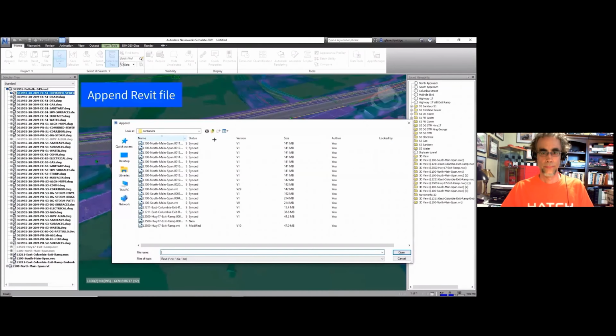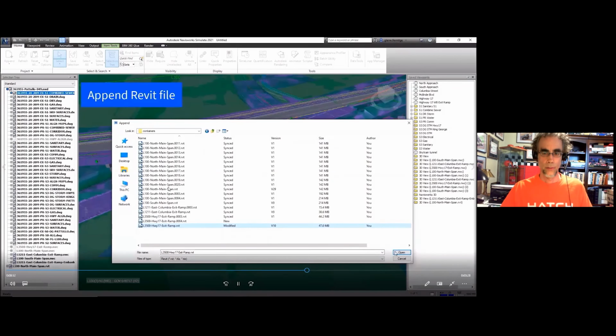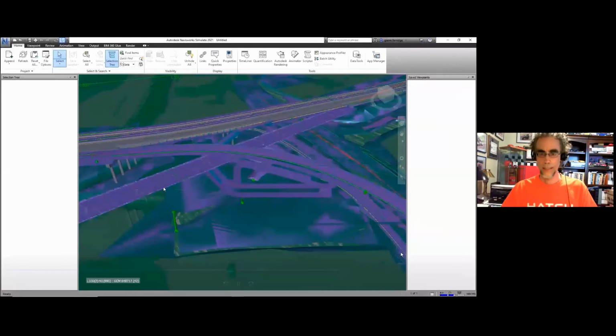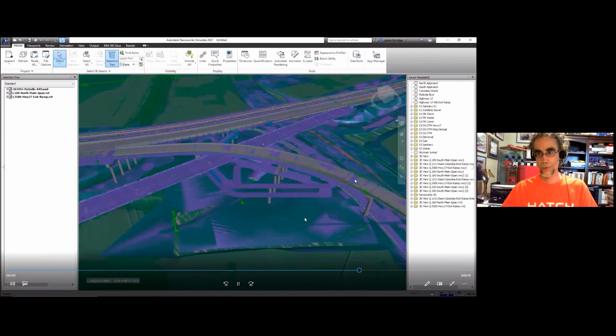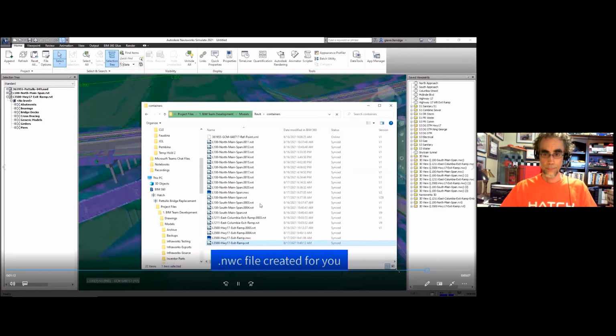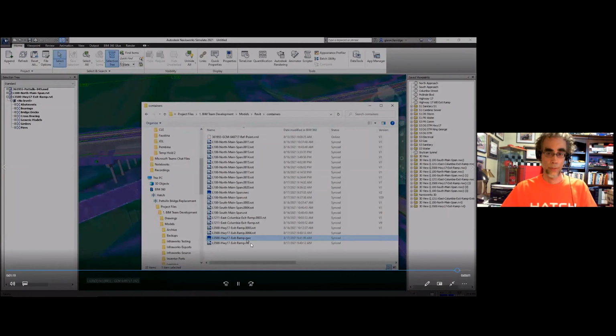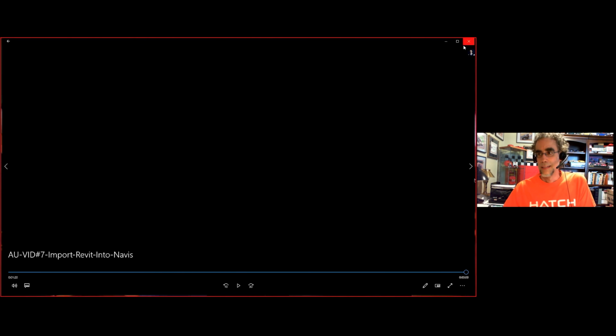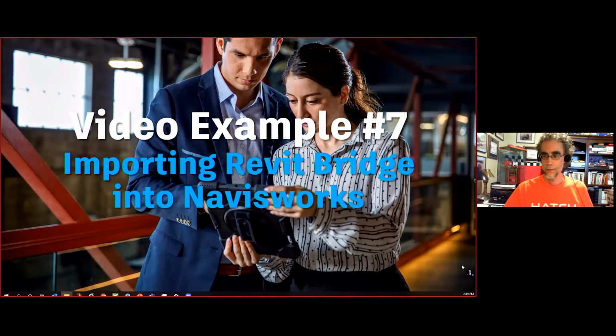Revit file. So here we're browsing for the exact same working file, the container file, and updating an existing Navisworks. You can see here the surfaces for the bridges, which is traditionally what we've had in Navisworks. We haven't had structures like this for bridges. We've had surfaces from the civil team. So it's great now. We have the structures in there. It creates an NWC file for you in the same folder that your Revit RVT file was in. And when you want to update that, you just re-update, reload in Navisworks, and it just updates. I mean, I think the whole workflow is amazing that we can do this now.